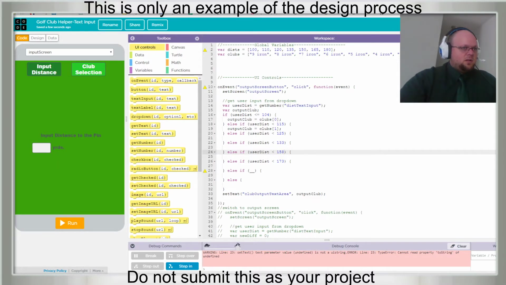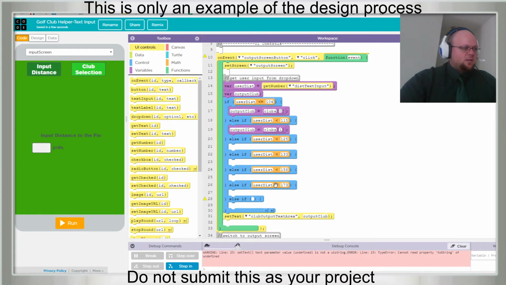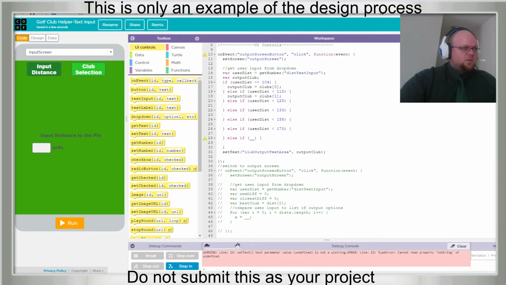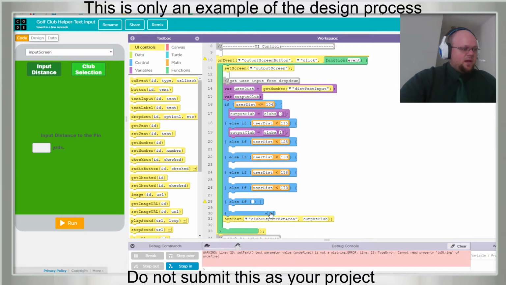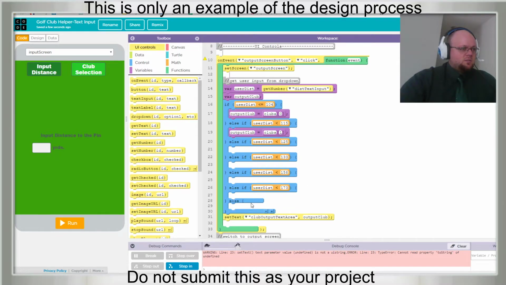I think that's right. And we'll go back here, and we're already at the end. So everything else means that it would get the last one. So this last one just needs to be an else statement. But if you add and remove, the last one is no longer an else statement. We could put in if user distance is greater than or equal to 173, but we have the option of just making it. Oh, it did make an else there. Okay, so now we can just go through